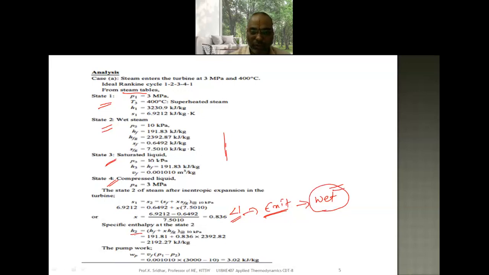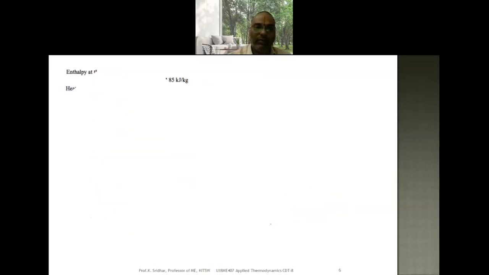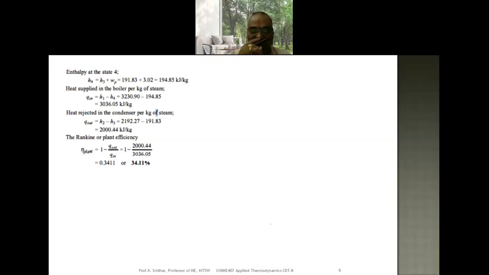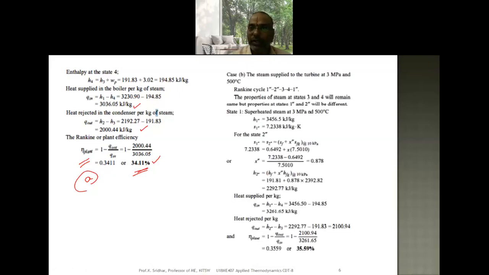So now substitute in the respective formulas of the H. So find out H and the WP, that is the work required to drive the pump. And similarly, what are the values of the heat supplied to the boiler? So that is 3036 is the heat supply and how much amount of heat is rejected from the condenser. And you know what is the Rankine cycle plant efficiency. So for the simple condition for the A, that is the first condition, we find the plant efficiency is equal to 34.11 percentage.